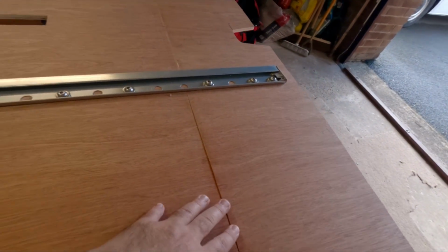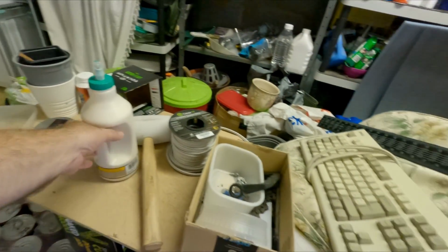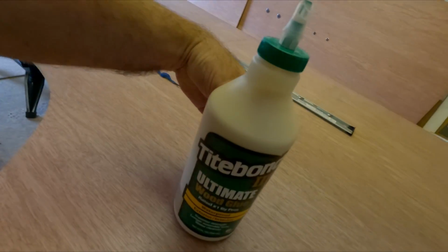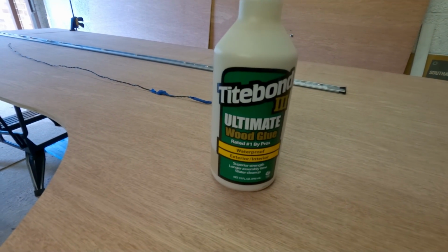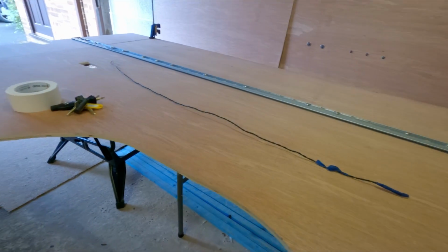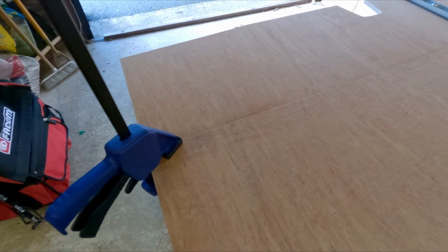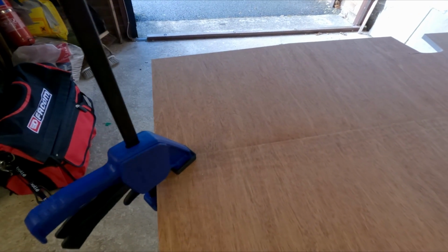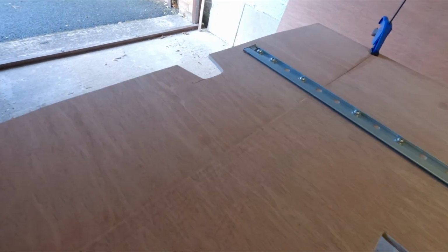And all I used was PVA glue. Hold on, let's find it for you. Which is this stuff here. So I just used that glue. Worked really, really well. Another Amazon special. Put it on last night, and I took the clamps off this morning and gave it a wiggle. Man, it's really sturdy. You're supposed to give it 30 minutes to cure, then they say don't put it under stress for 24 hours,